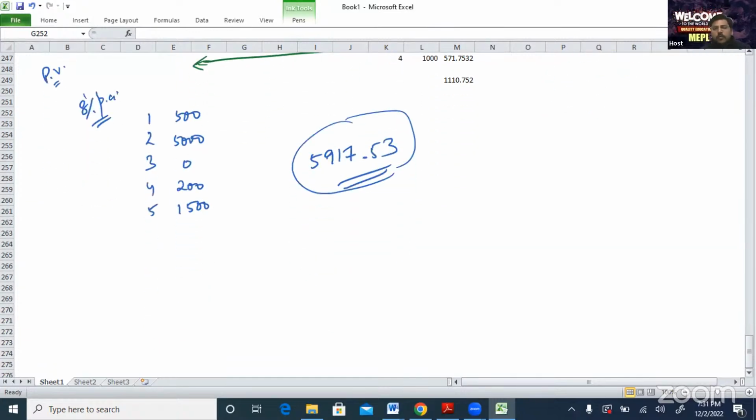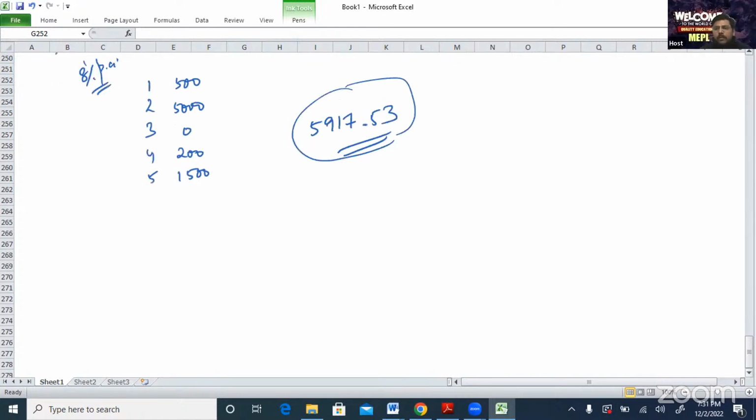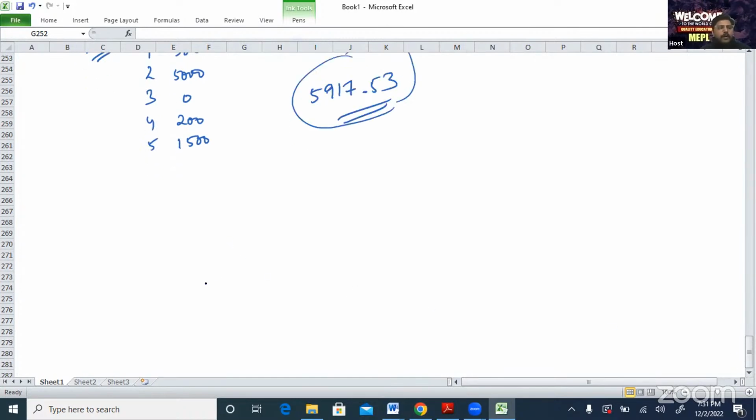Okay. So we are doing different LOS of the topic time value of money, which is the first chapter of quantitative methods. Now these are the multiple cash flows, so I need to punch them again and again. But if my multiple cash flows are of the same amount, then how to deal with that situation?